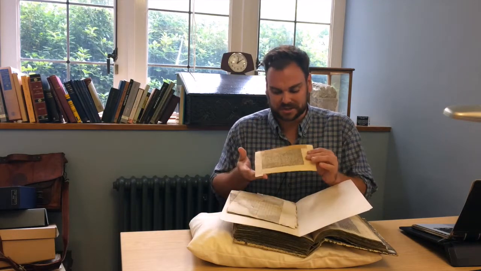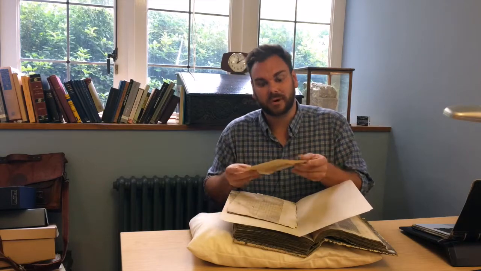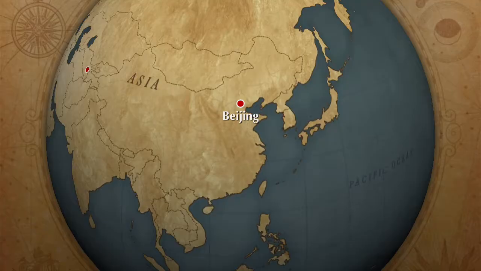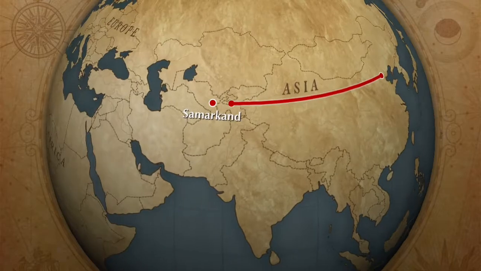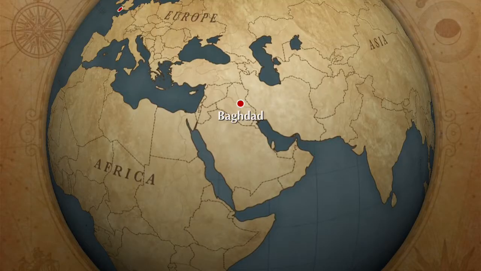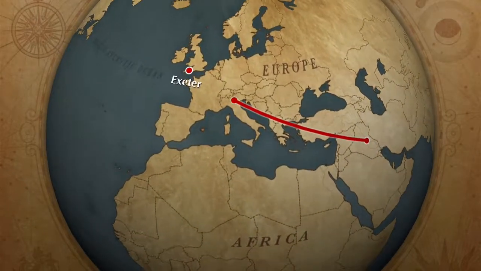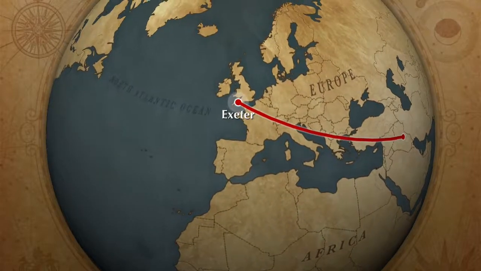So this is 14th century paper. And where was paper invented? Well, it was invented in the 2nd century in China. And there was a process where paper started to move west. And then with the Islamic Empire growing in the 8th century, they found paper battling against the Chinese empire, and they brought it and used it throughout the Mediterranean in their world. And then from there, that exchange eventually started to diffuse into Europe, where it eventually came here to England and started to be used as a medium for writing.